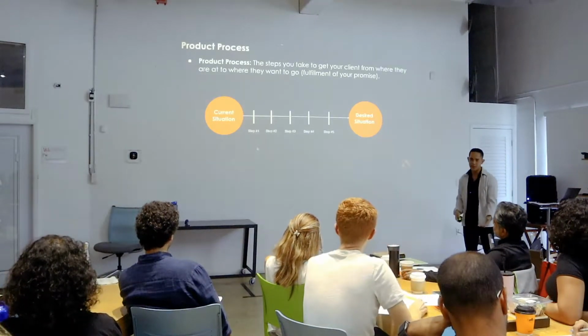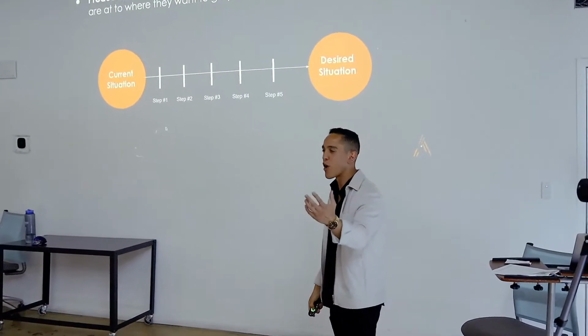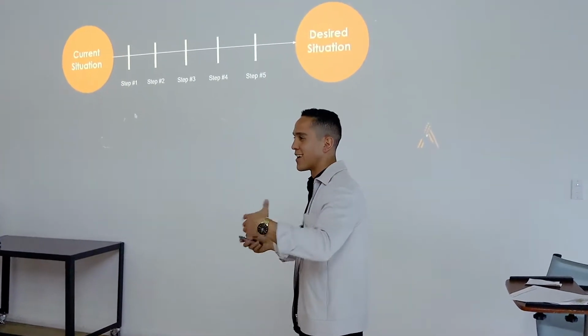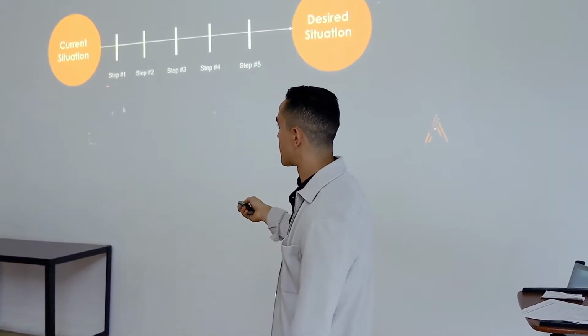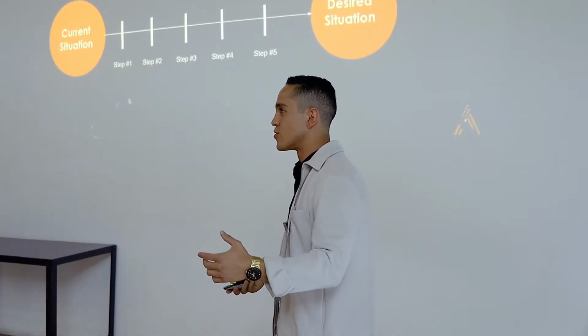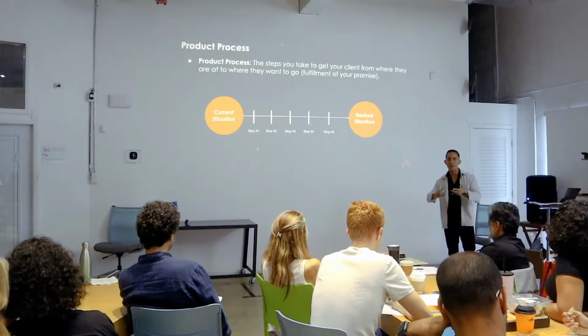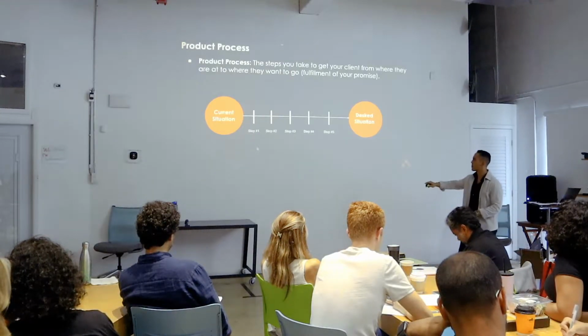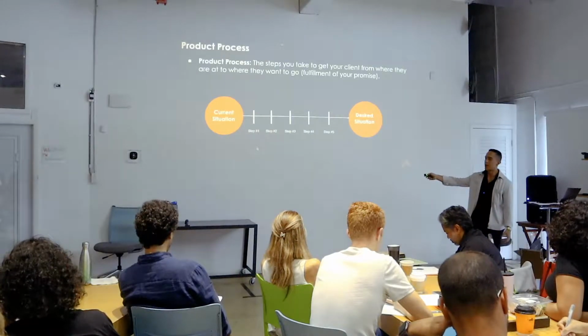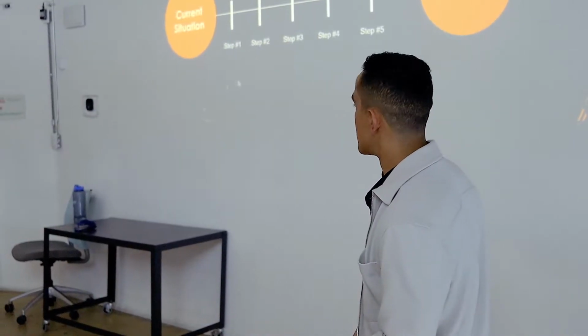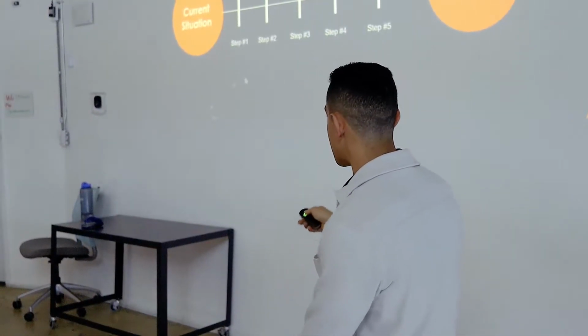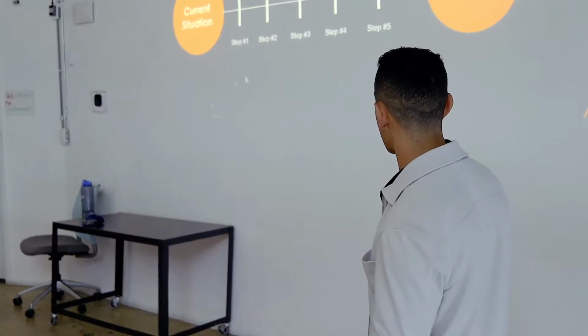So let's say in the product for somebody that needs help with their energy, the first step might be to do an analysis of their behaviors, like how are they sleeping, how are they eating, right? And then the second one might be to eliminate what's not really serving their energy. And the third one might be to integrate some new habits, right? So this is the process for your product.